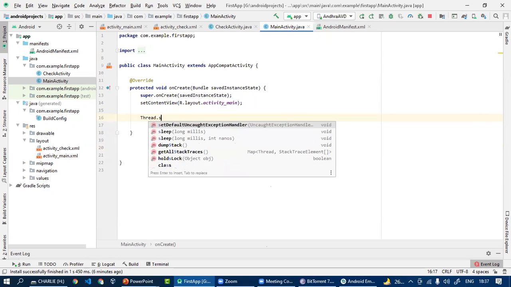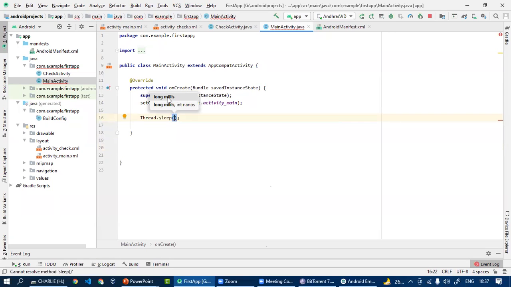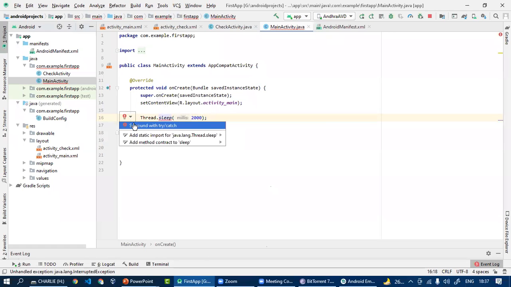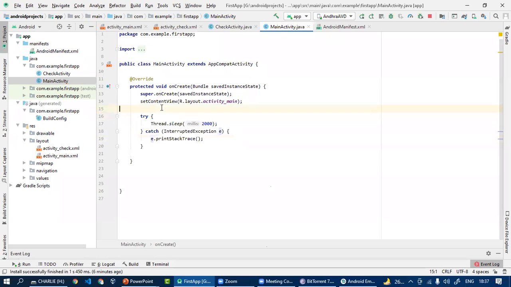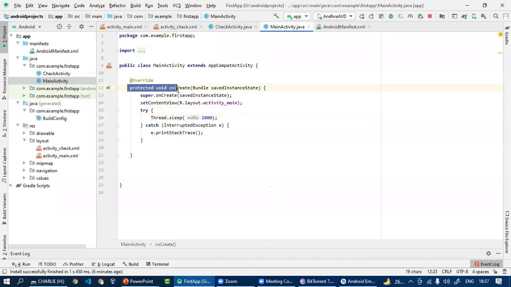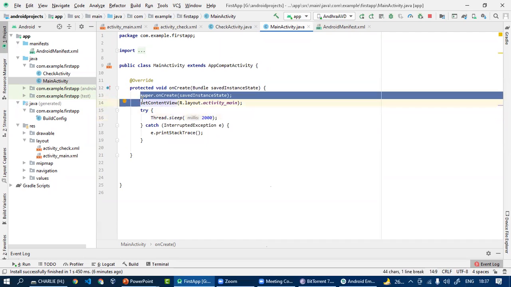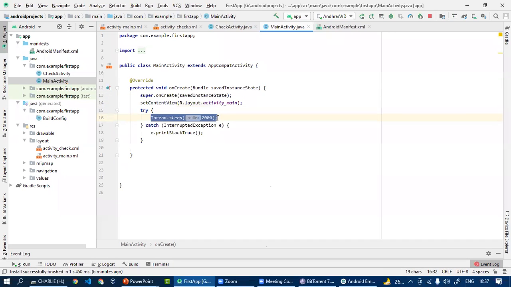Then after the execution of this statement, thread.sleep, which I taught you in the second class, we apply the sleep operation with our thread. So when the onCreate method gets called, the corresponding thread will get executed, and with this statement we apply the sleep method with the thread.